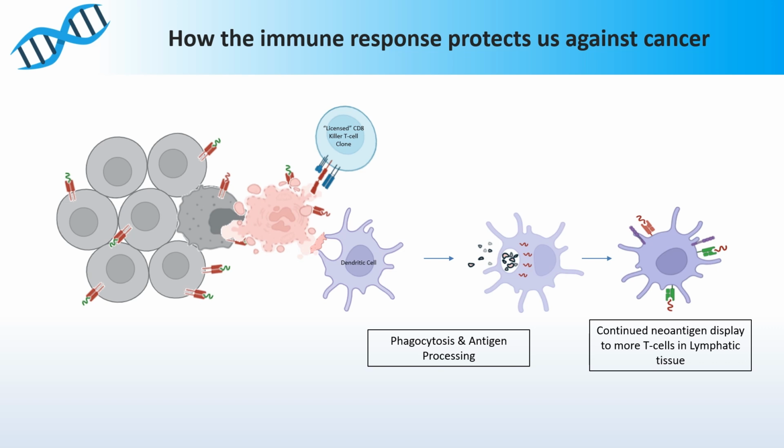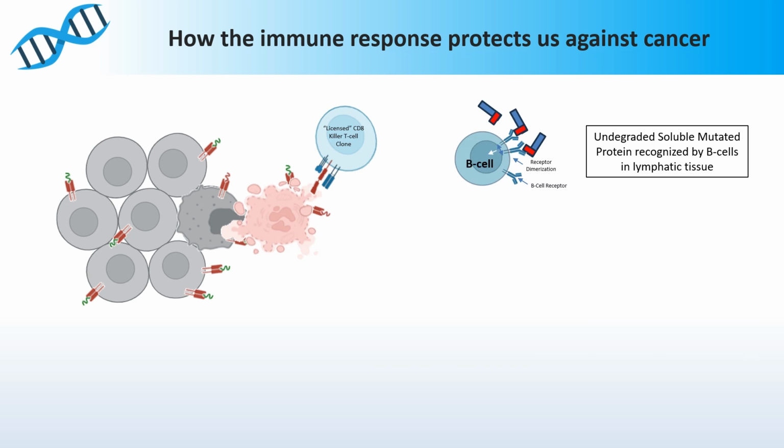Also, it's important to remember that in addition to this cell mediated response, in theory, it's also possible to have an antibody response against these kinds of mutated proteins. But this is reliant on specific circumstances, such as the mutated protein being secreted or being available on cell surfaces. And it also has to look different in its native undegraded form in order to be recognized by B cells as being non-self. And if so, these are degraded by B cells, and the resulting neoantigens are displayed on MHC